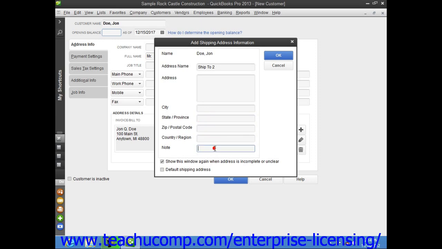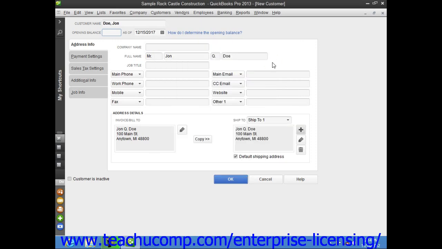note fields if desired. Now, if you are creating multiple shipping addresses, then you can check the Default Shipping Address checkbox of the address that you want to set as the default shipping address for the customer. When you're ready to save the address, simply click the OK button. You can then add more shipping addresses by repeating this process until you've entered all of the necessary shipping addresses